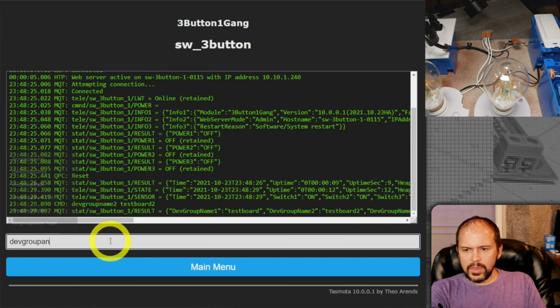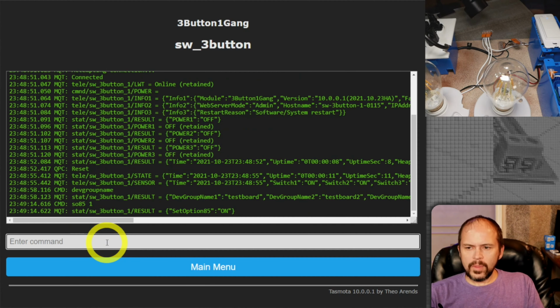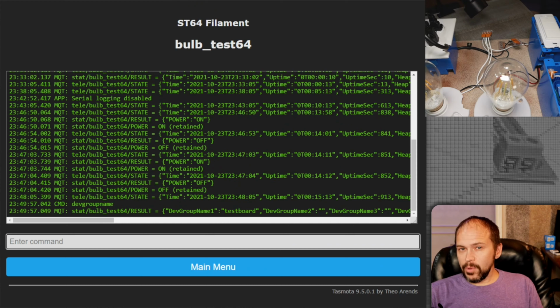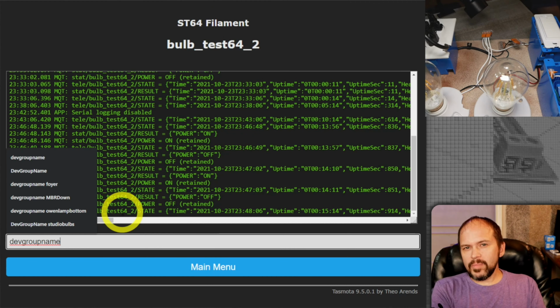Now, we don't have set option 85 turned on, so we'll go ahead and turn that one on. That will make it turn on device groups, and it's going to reboot and join the device group. Now, the first bulb, we're going to make sure it's set as dev group name 1's test board. The second bulb is going to get dev group name of 2, but it's going to be in slot 1 because there's only one relay or device that's controllable on a light bulb, of course. So we're going to leave it dev group name 1, but we're going to call it test board 2